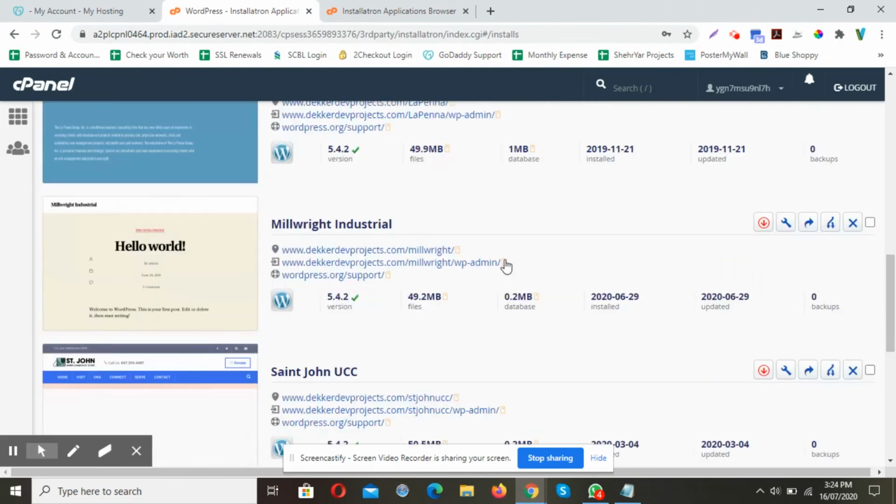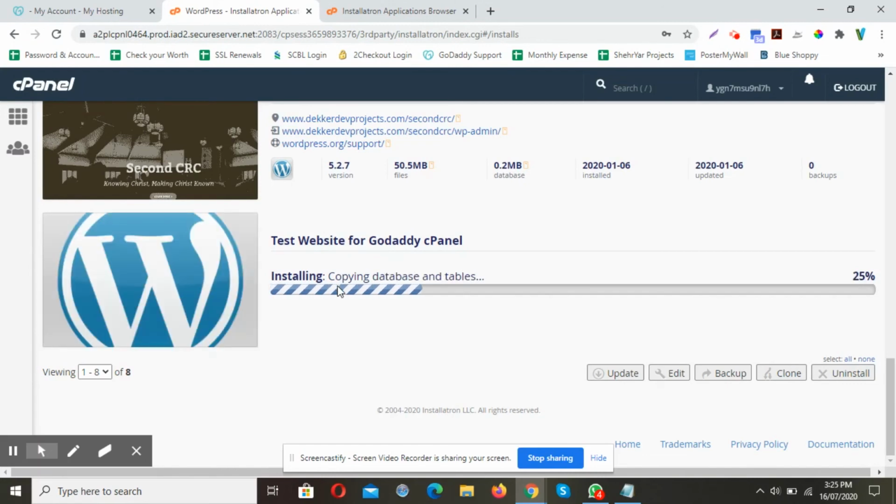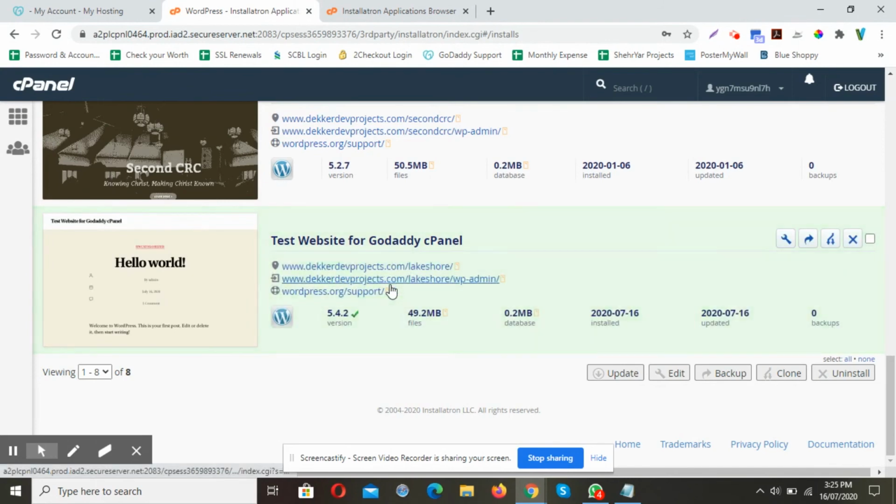Now we need to see where the test website is. So you can see the WordPress files are being copied, database and tables are being managed by the server, as I told you a moment ago. This is the easiest way. Otherwise, you will be getting a pop-up to set up the advanced settings.